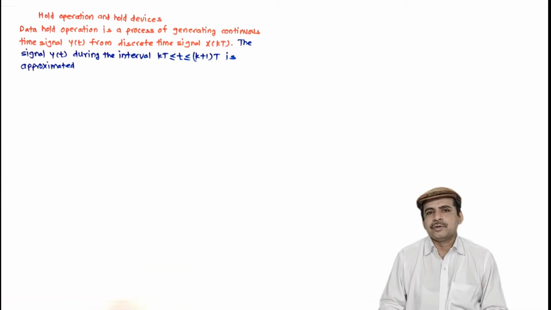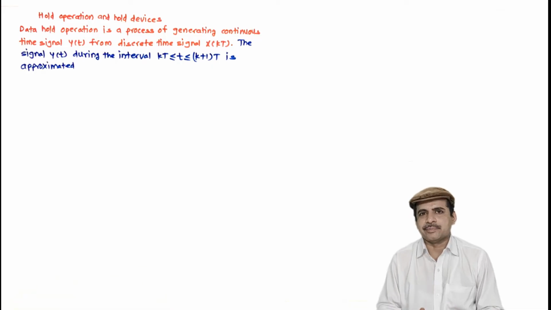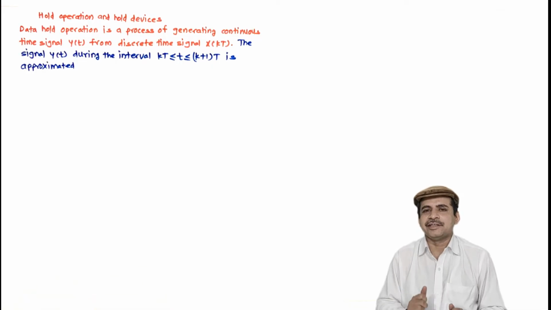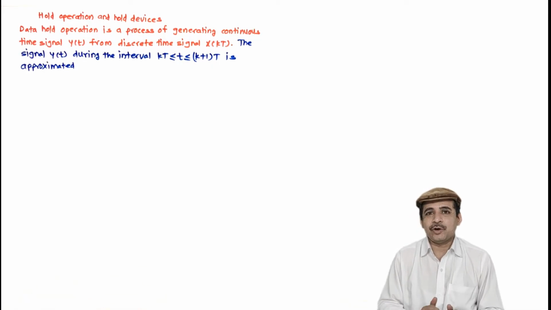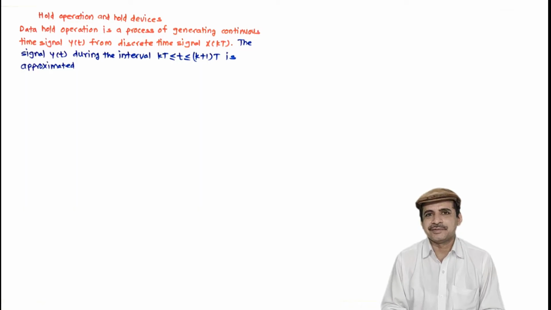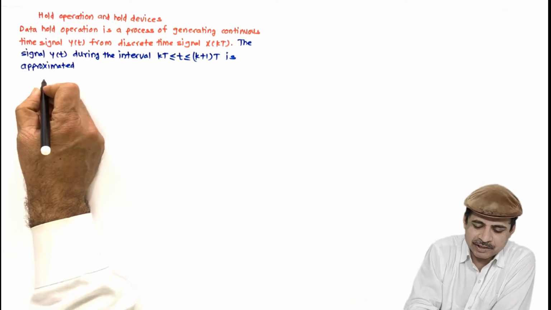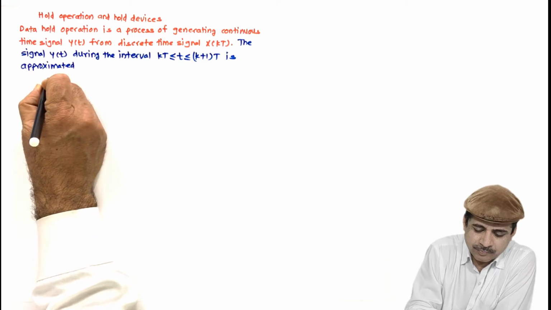Because at every sampling instant we get the exact signal. So at t equal to kt we get a sample. At t equal to k plus 1 t again we get a sample, but in between there is nothing. Now if we want to convert it into continuous time signal, we need to approximate for the period between these. And how is it approximated? It is approximated by an expression